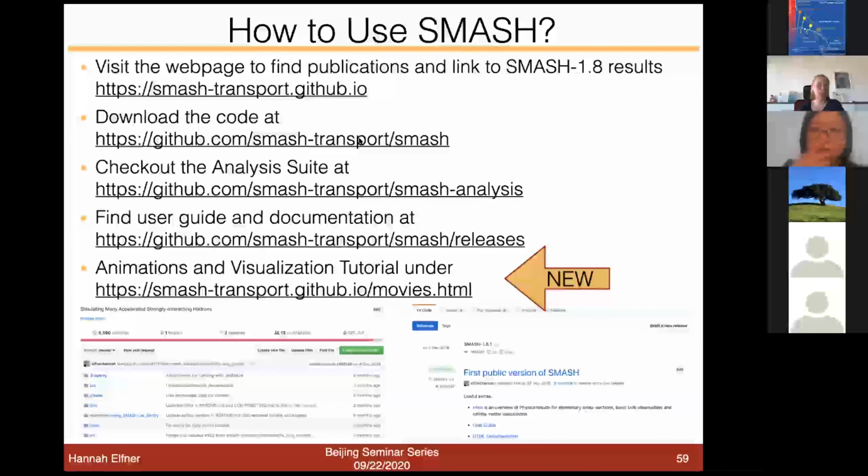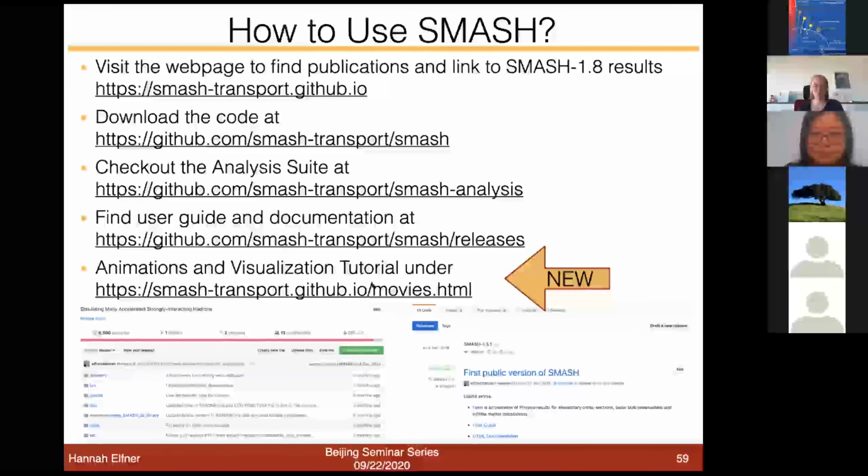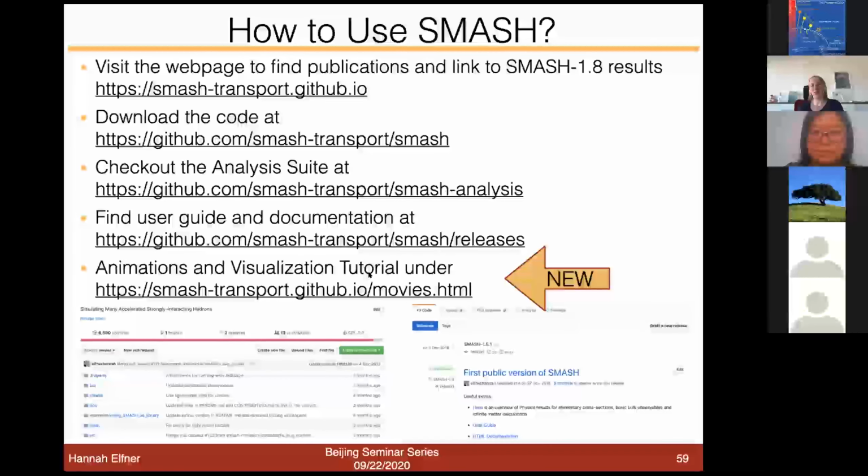It looks like this roughly. You can have here the analysis suite. This contains all these validation results, so these cross sections, and comparison to a vast amount of heavy ion data at different beam energies for pT spectra, rapidity spectra, whatever you're interested in. Just check it out here. Then we have a user guide and documentation as well. And last but not least, we now also have a page with a couple of animations and nice visualizations, and even a tutorial on how to make these movies by using ParaView. So if you're interested in playing with that, go ahead and use these new pages.